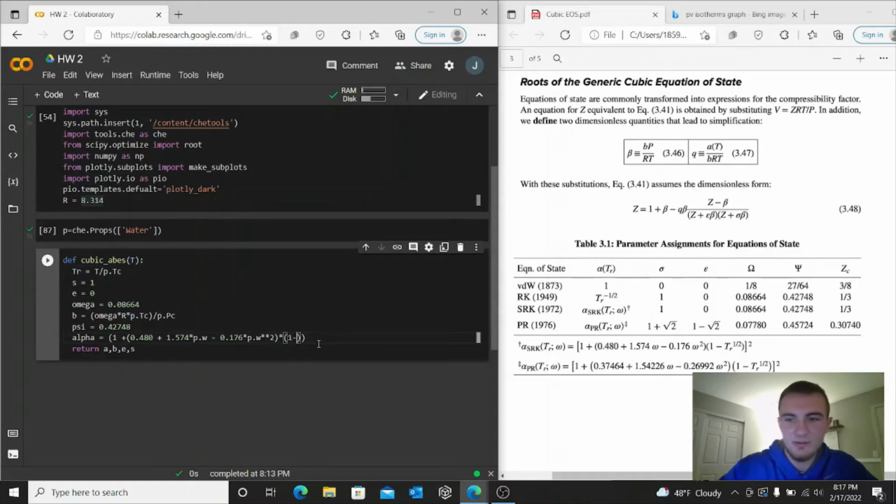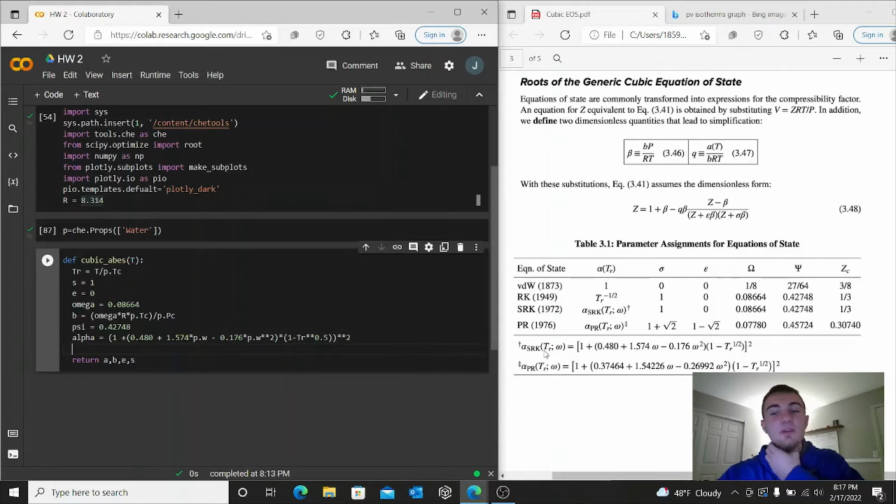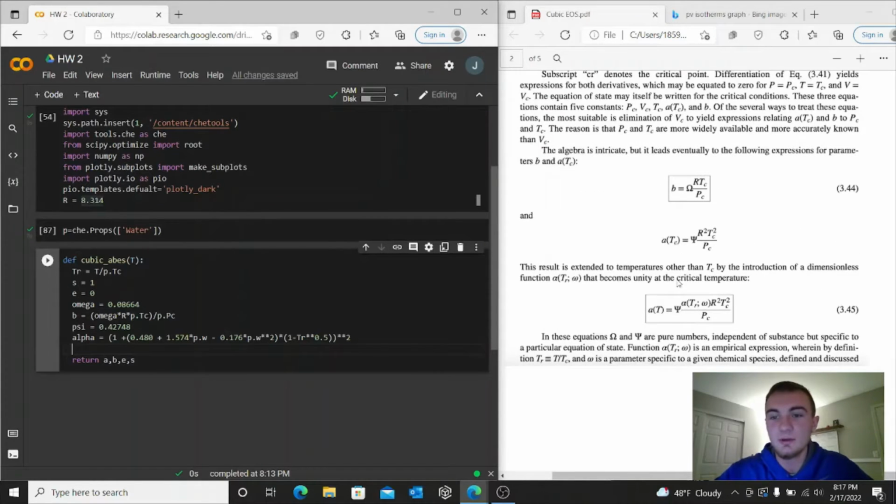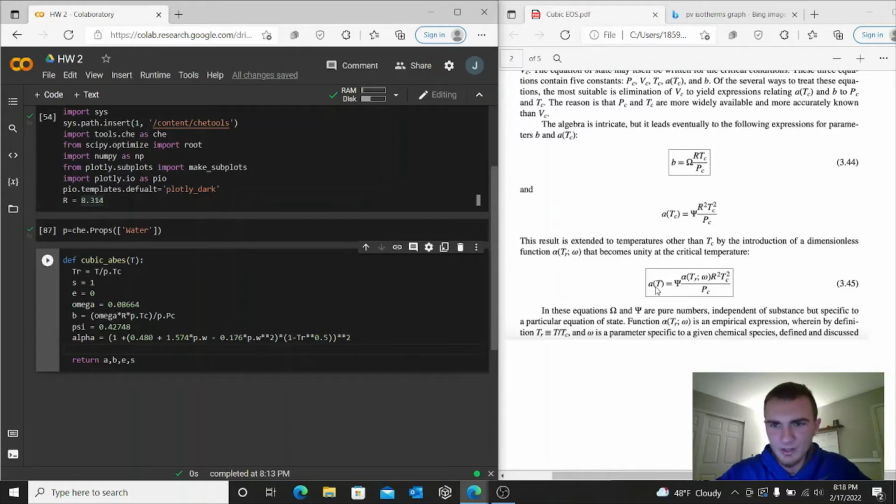And we can substitute this in. So we have Tr, and this is raised to the 1/2 power, so it goes 0.5. And here we'll see that our parentheses do match up, so hopefully we're good there and we didn't make a mistake. And this entire expression here is raised to the 2nd power. Okay, so now that we have our alpha and our psi here, we can go ahead and calculate our A